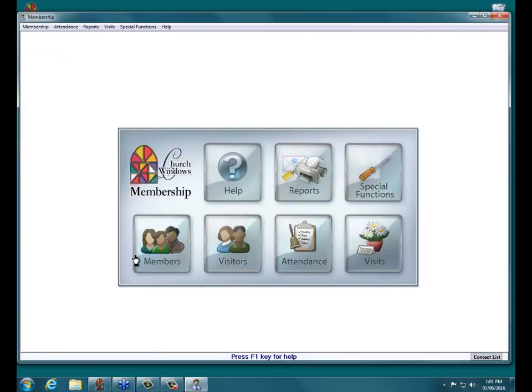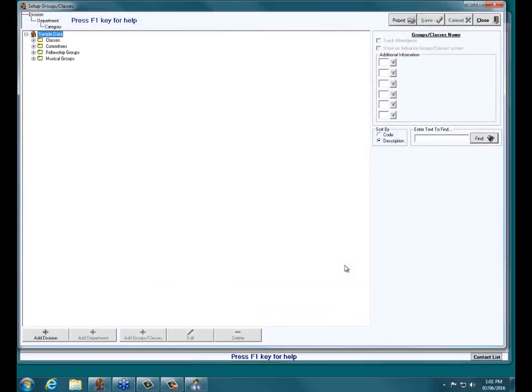The quickest way is, on the home screen of membership, you click on attendance and then set up groups classes. This will take you to the screen where you can add classes and set up the hierarchy of them and things of that nature. So the sample data I have here